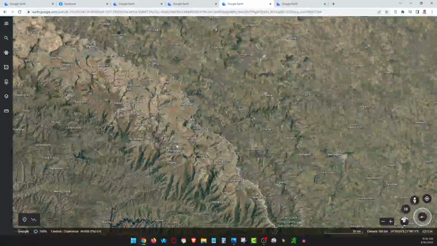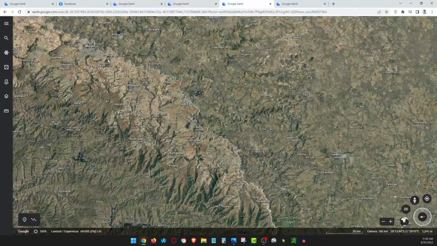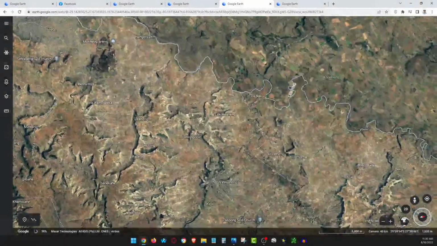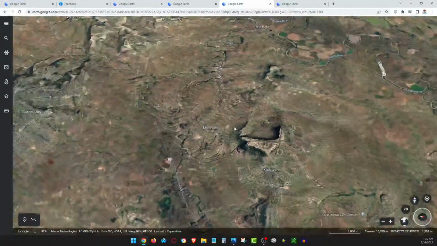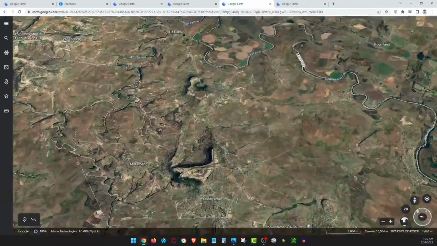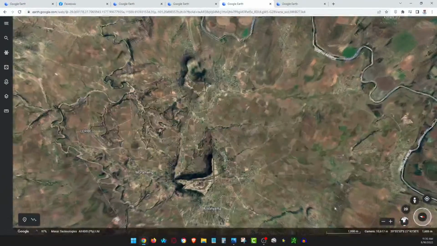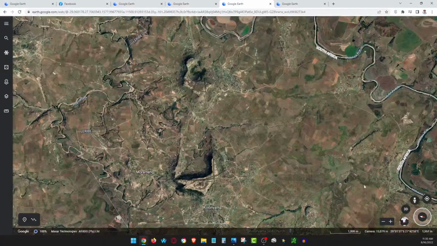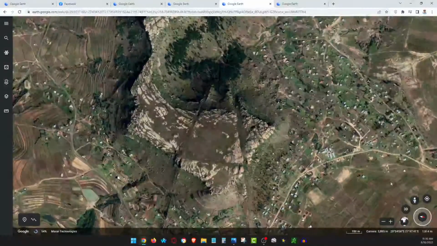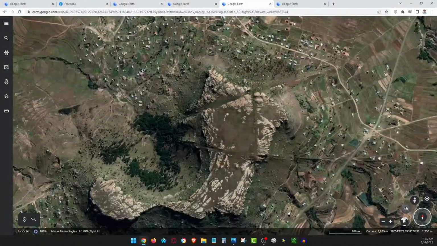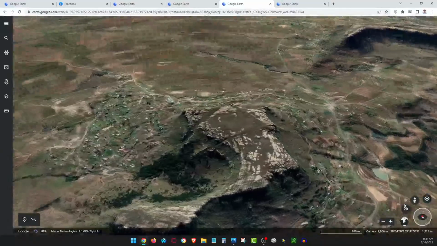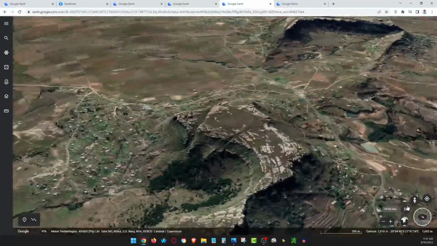Okay, I was going to show you this right here. Once I find it right here. Yeah, this one right here, if you want to see, there's lines going through, making a perfect isosceles triangle. But when you look at these structures, it looks like there's ancient mining all over.